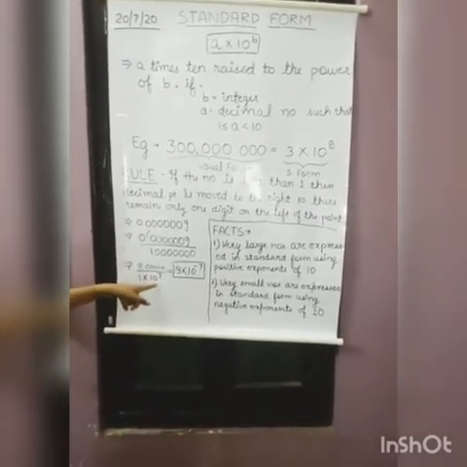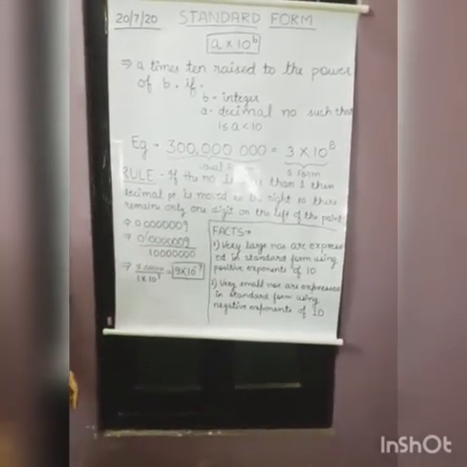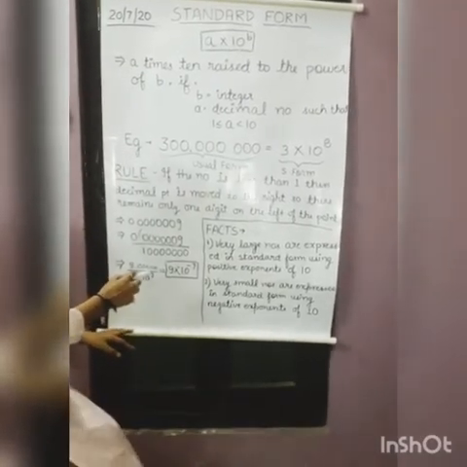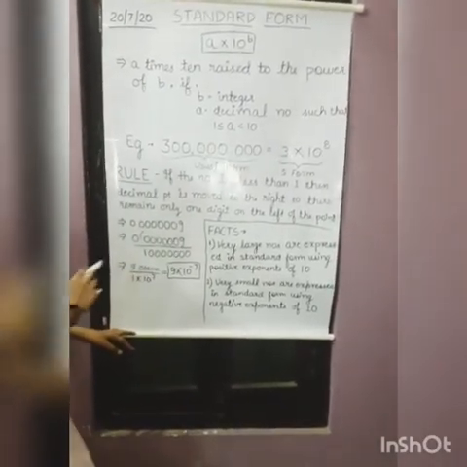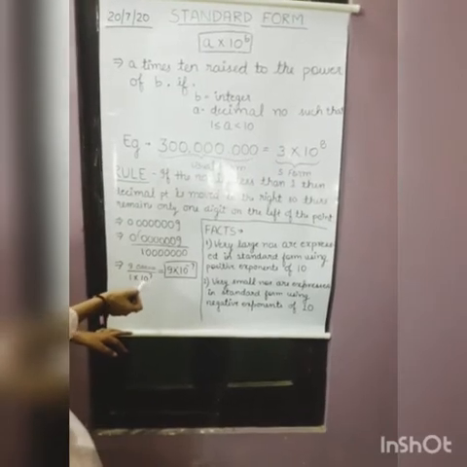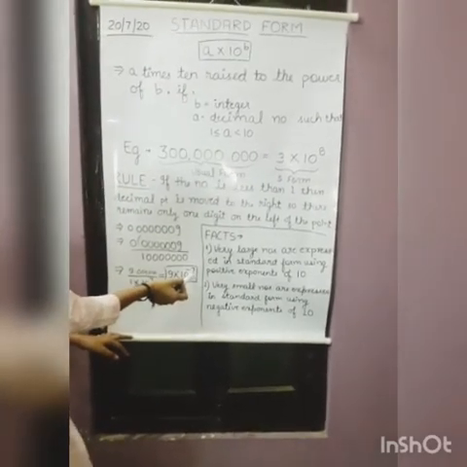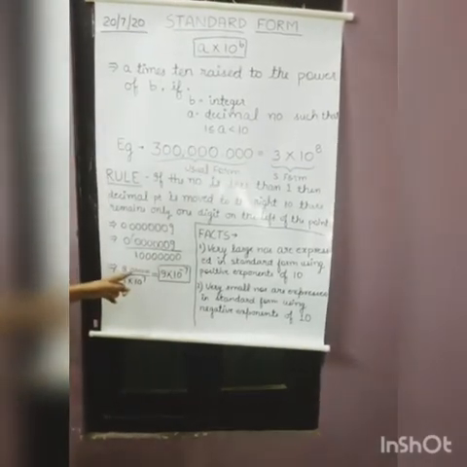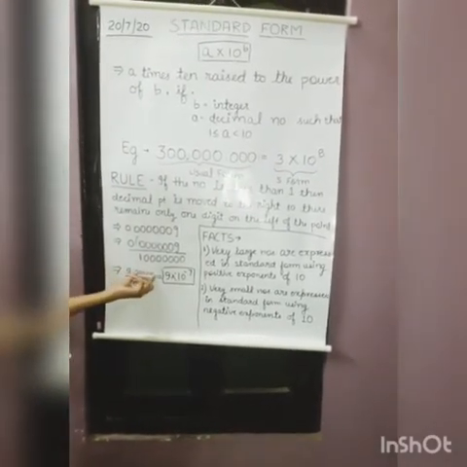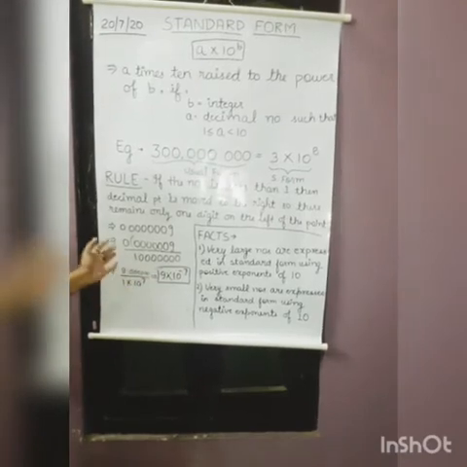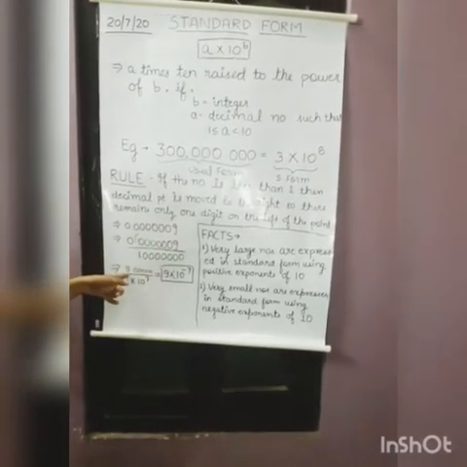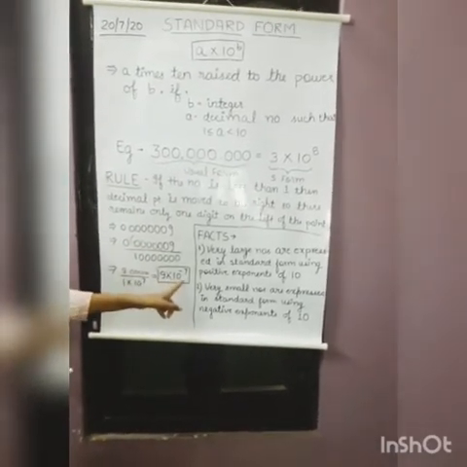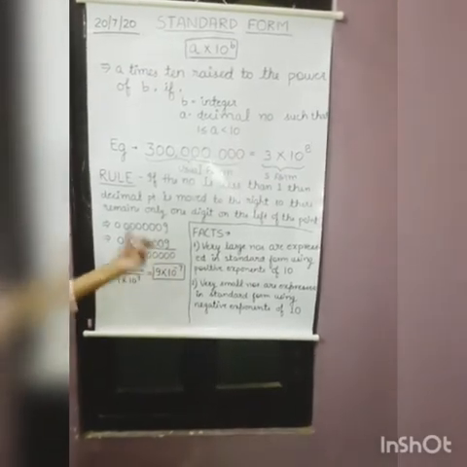Whenever we bring the denominator value in the numerator position, the sign of the exponent changes. When I brought 10 to the power 7 in the numerator, it became 10 to the power minus 7. And here, the zeros after the decimal have no value, so I simply removed them and the 9 remained here. 9 into 10 to the power minus 7 is the standard form of this number.